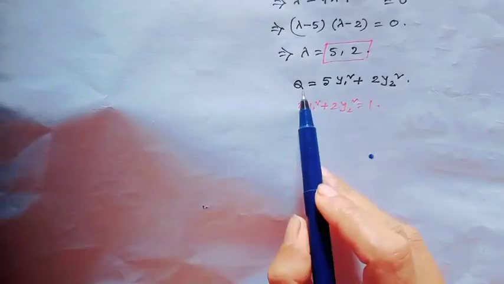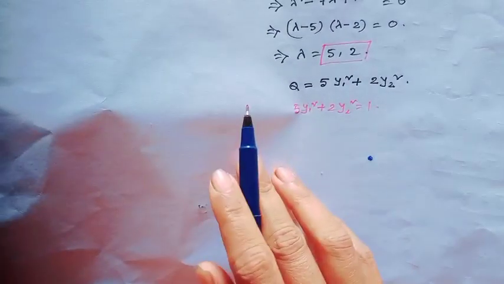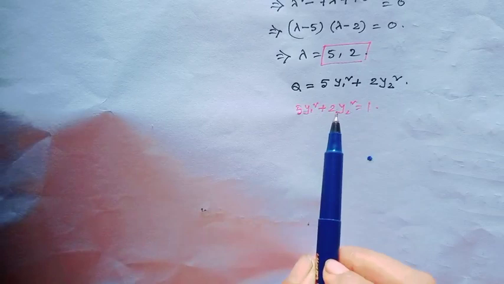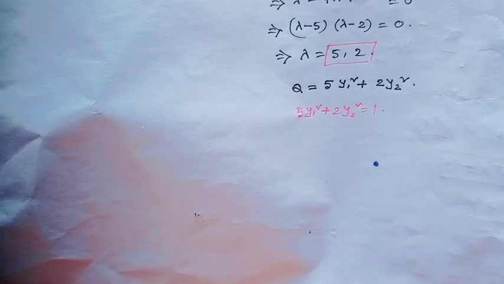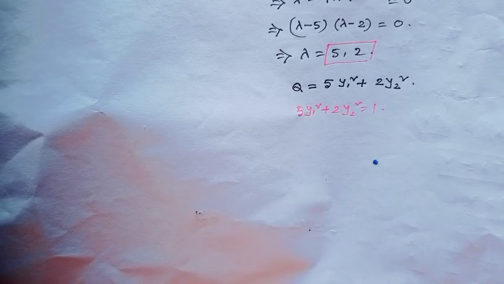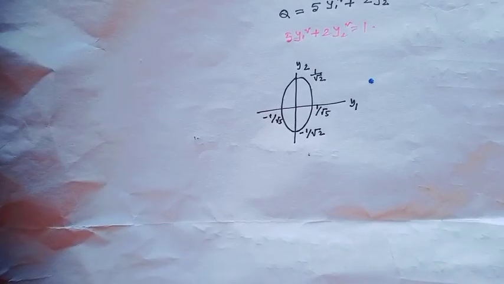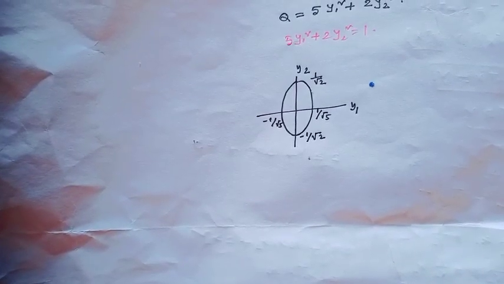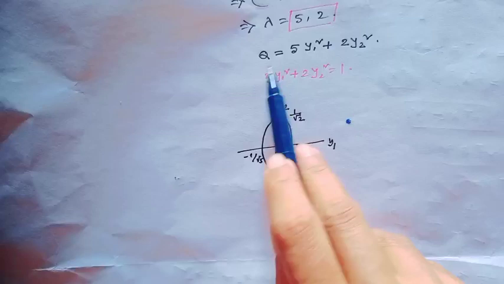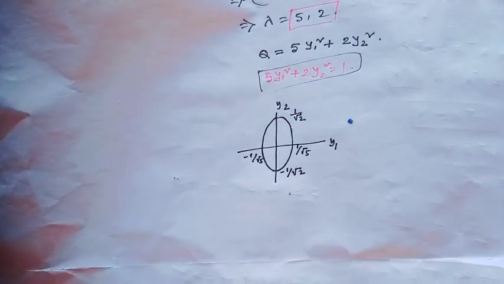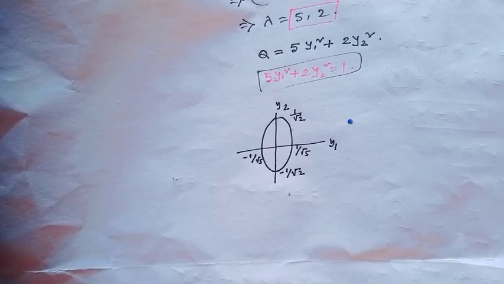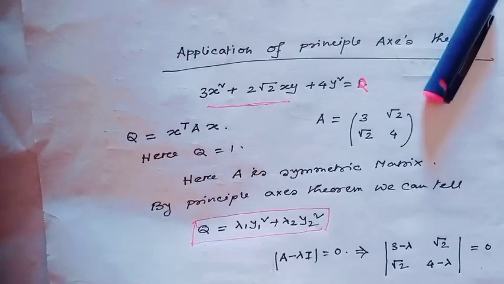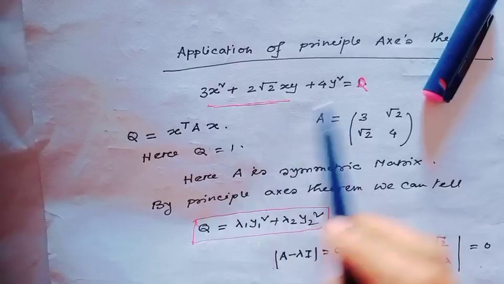So this quadratic form reduces to 5y1 square plus 2y2 square equal to 1, which is actually the picture of an ellipse, and the picture would be of such type. This is the picture of this ellipse, and by the principal axis theorem we can tell the original picture of this quadratic form would be